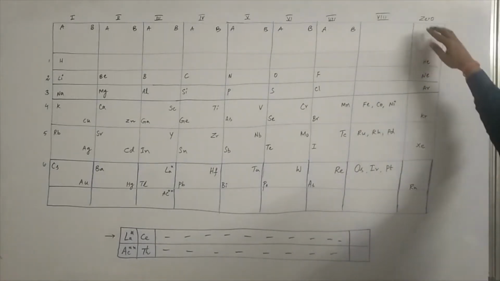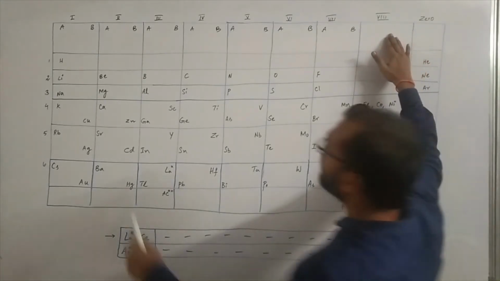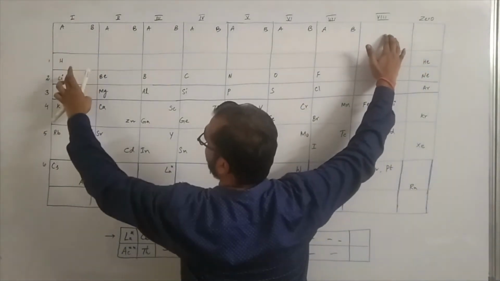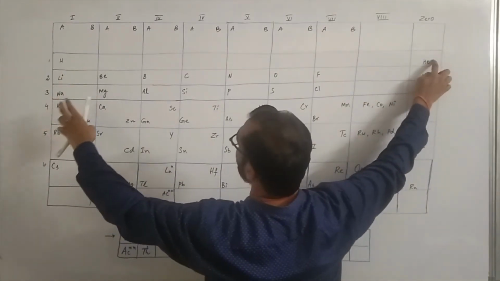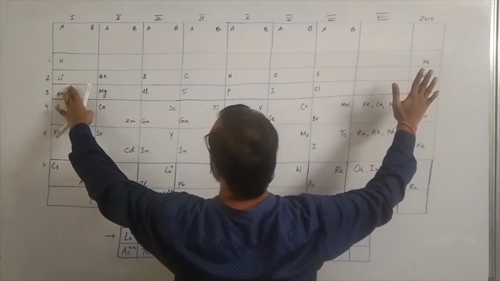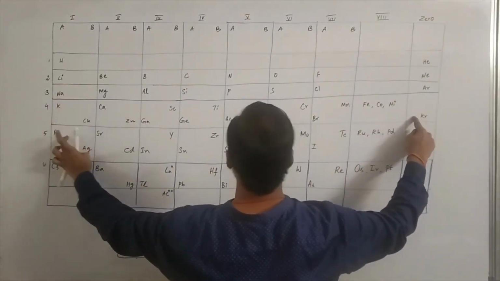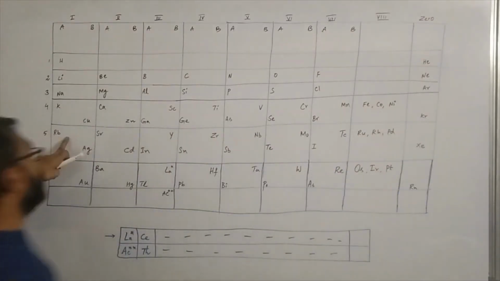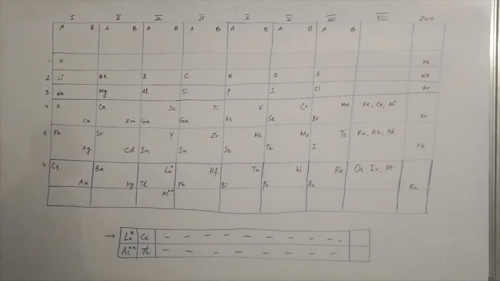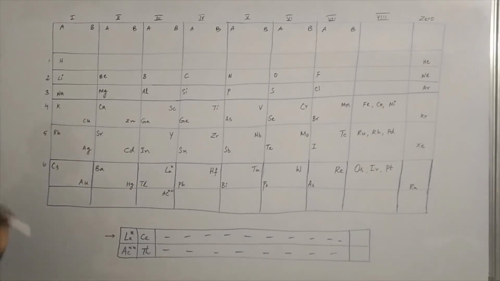And the zero group elements are nothing but noble gases, just placed between the 8th and 1st. So you will get noble gases between the 8th group elements as well as the 1st group elements. Observe it, right? Why they have placed them at that position, they have not justified it. They simply arranged them based upon their atomic numbers, right?